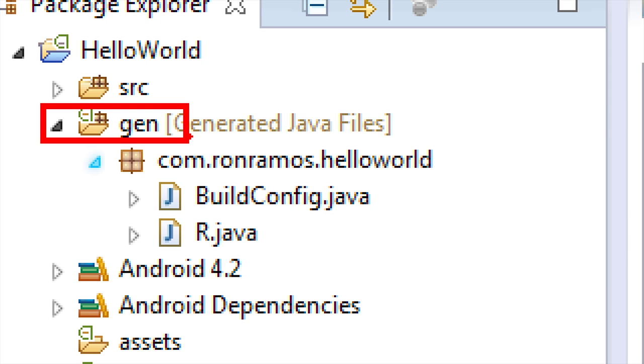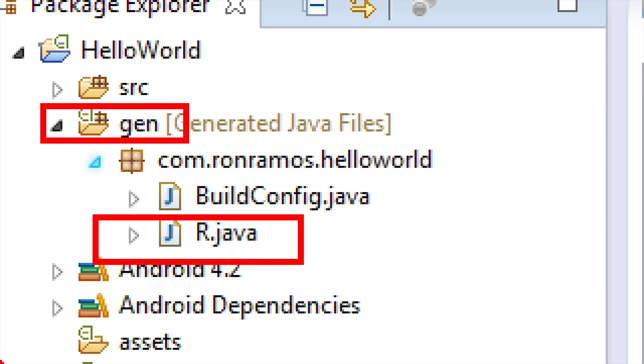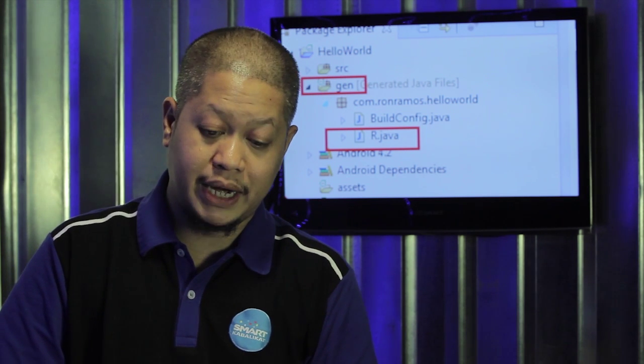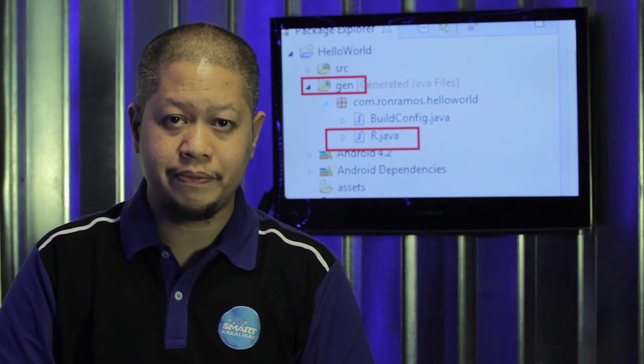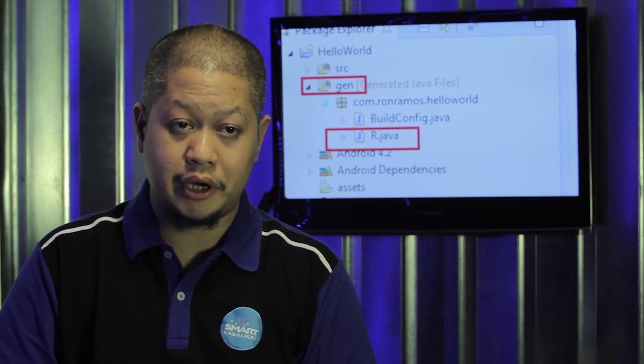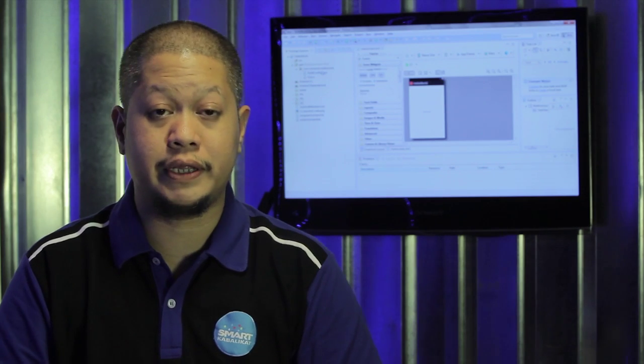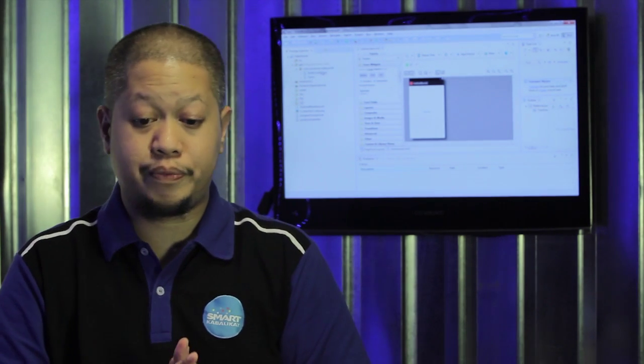The Gen folder contains configuration files used by your application. And the most important configuration file is a file called r.java. It's something that we can look at, but we can never ever try to modify by ourselves. r.java is updated by Eclipse automatically every time we add a new resource. Some programmers have already made the mistake of modifying r.java on their own, and that has caused their program to